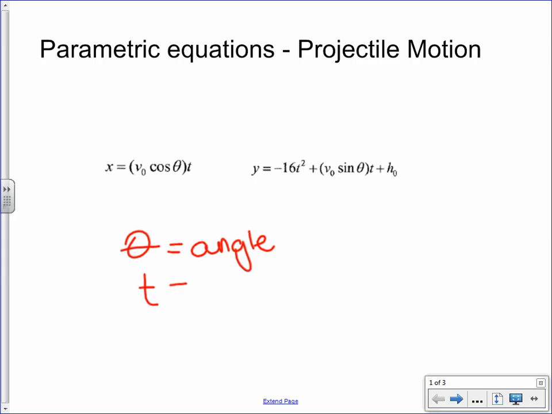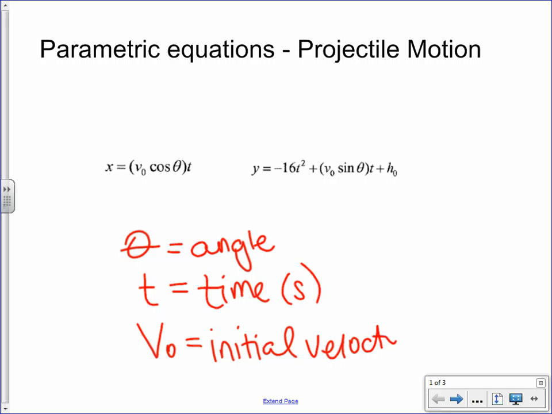T is obviously going to stand for what? Time in seconds. Okay. V naught is what? Initial